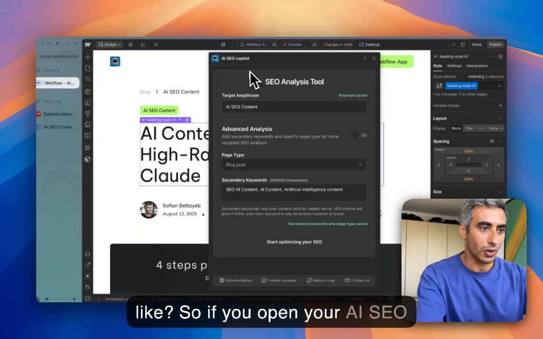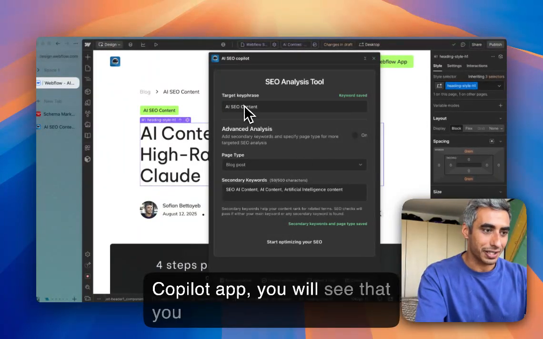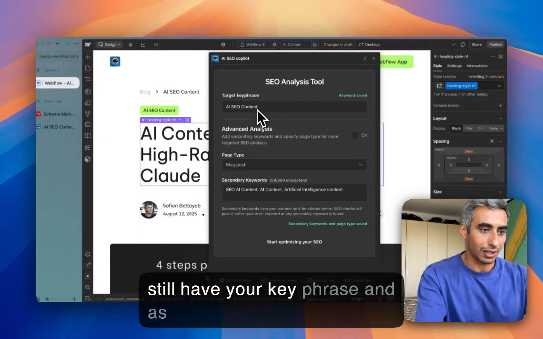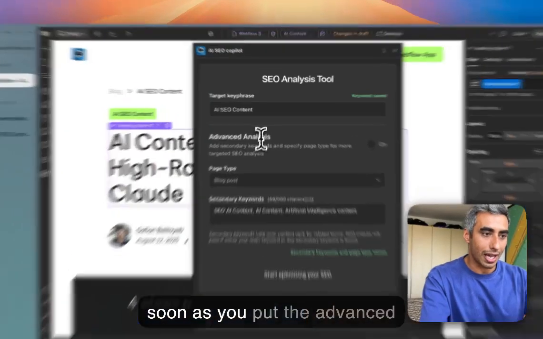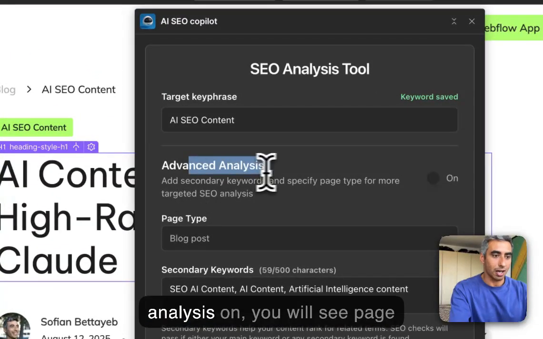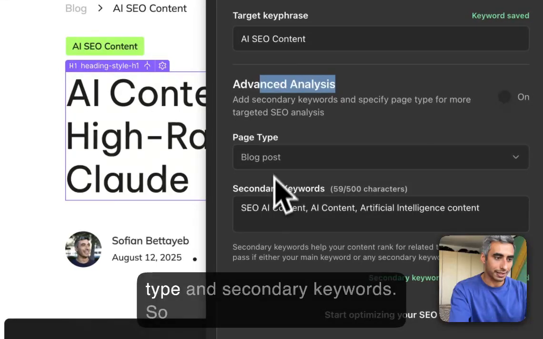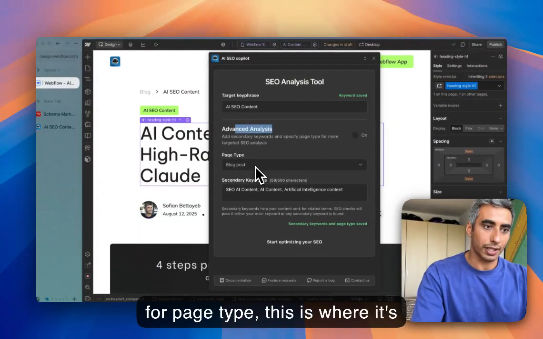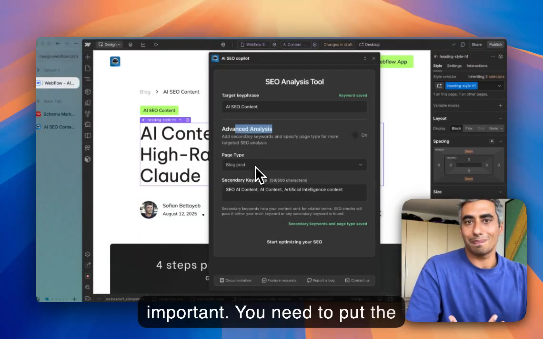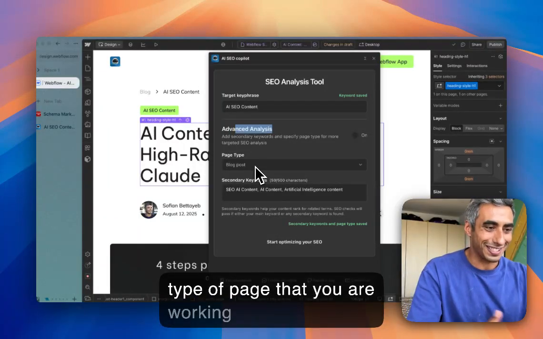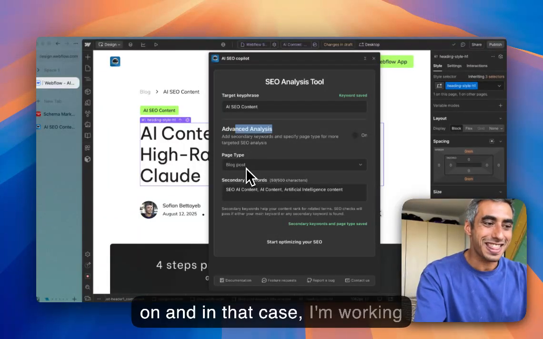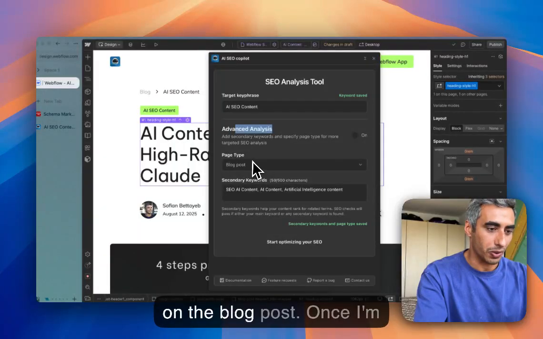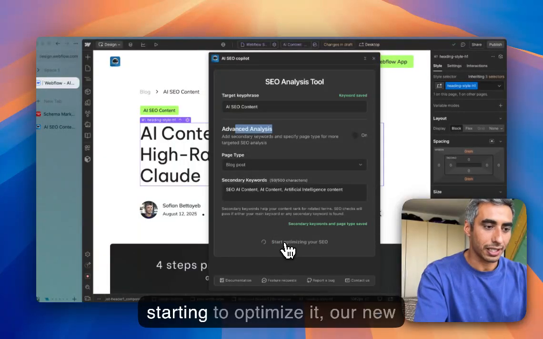So if you open your AI SEO Copilot app, you will see that you still have your key phrase. And as soon as you put the advanced analysis on, you will see page type and secondary keywords. So for page type, this is where it's important. You need to put the type of page that you are working on. And in that case, I'm working on a blog post. Once I'm starting to optimize it,